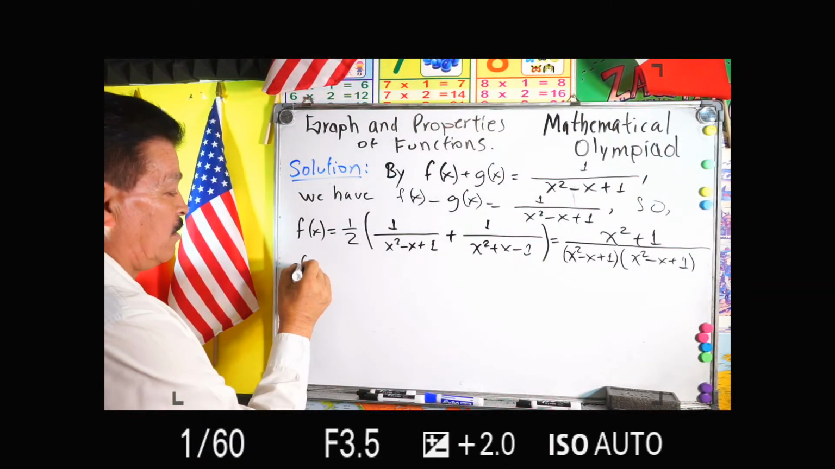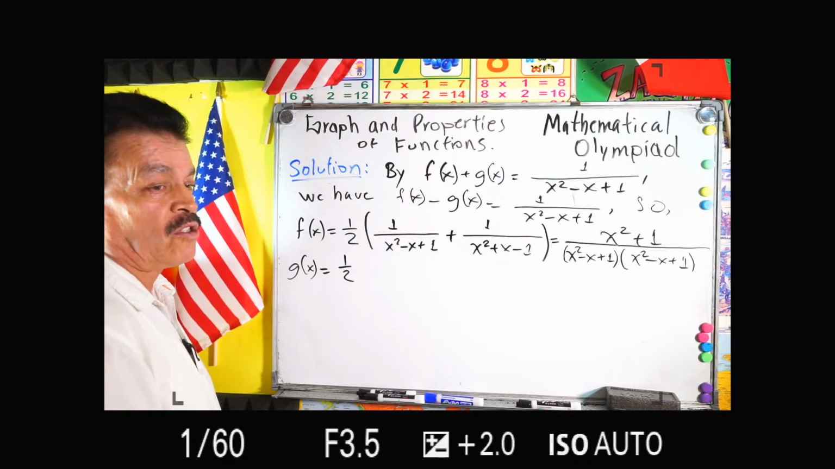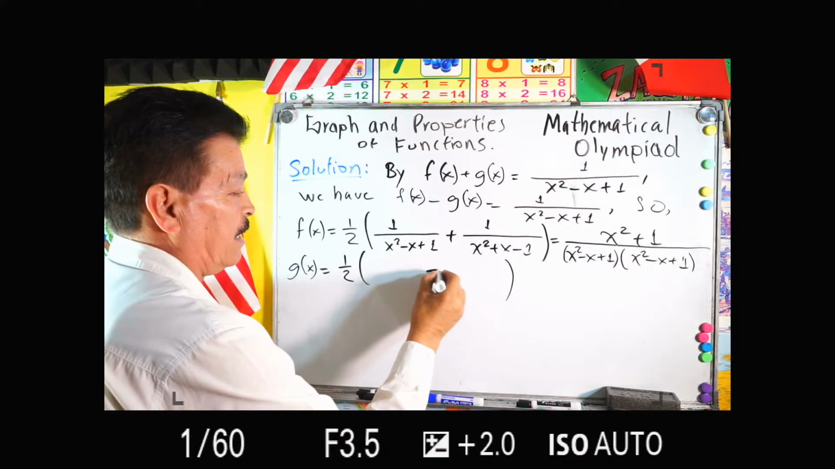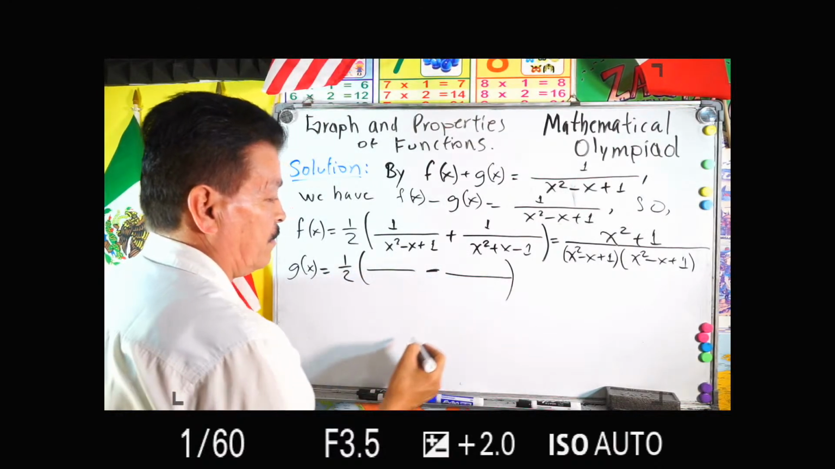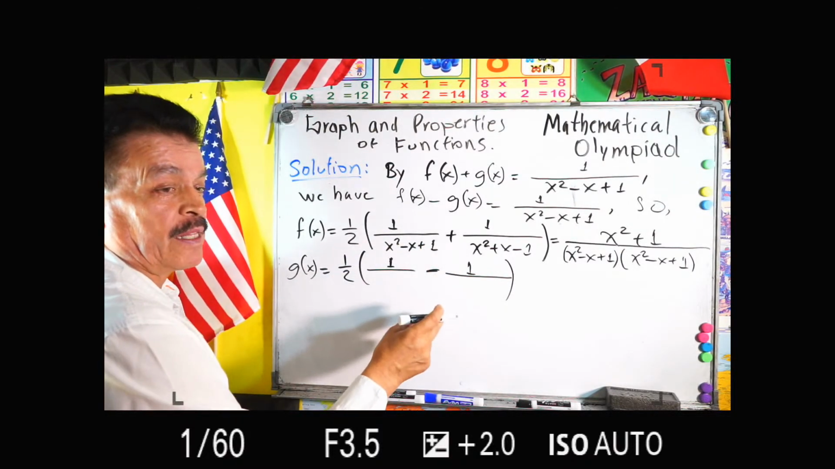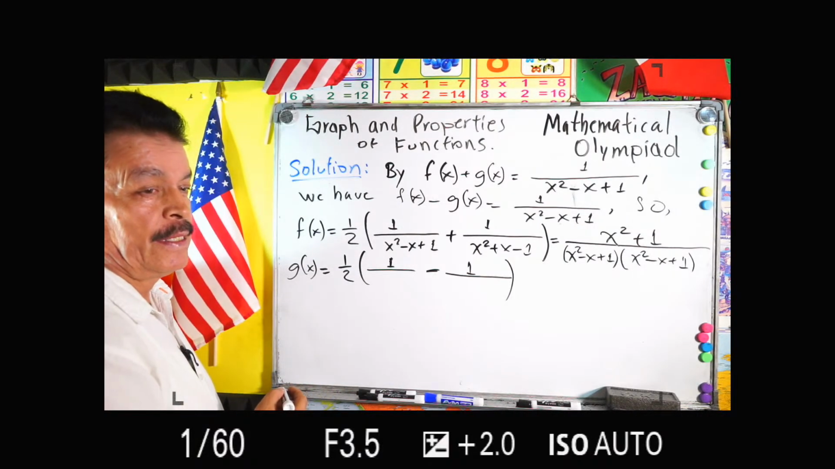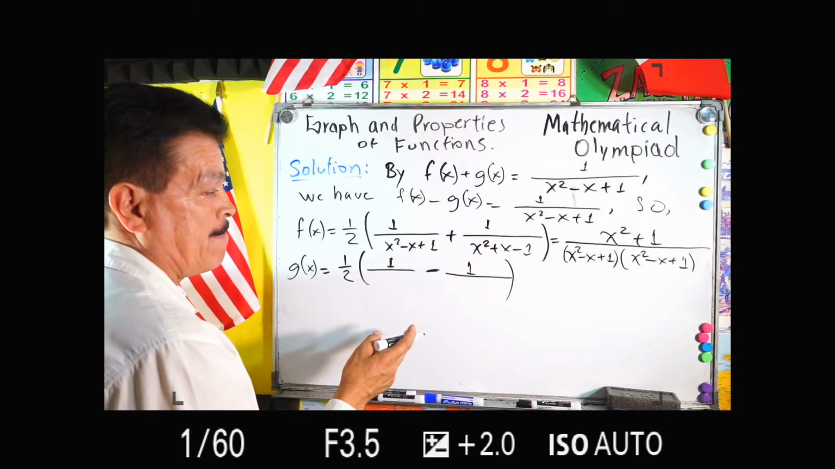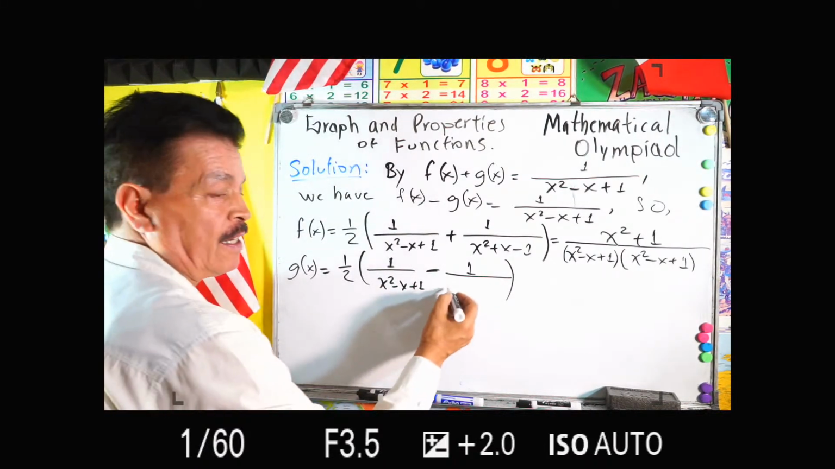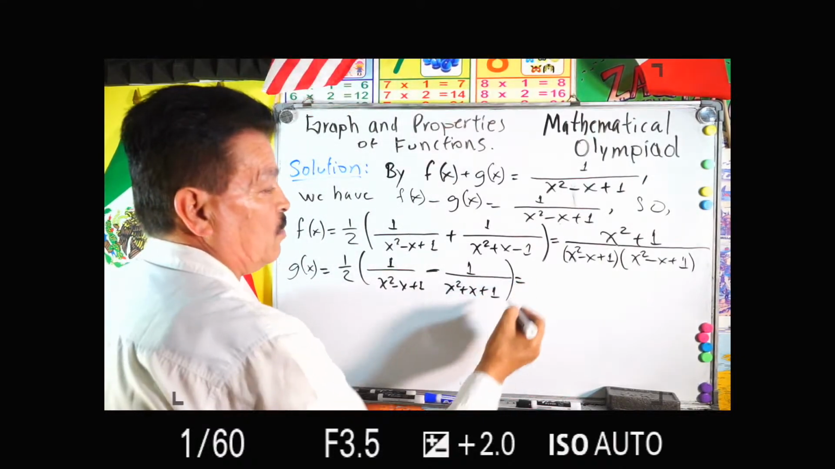So now let's write g of x here, then equals one half again, with parentheses and again another fraction, 1 over x squared minus x plus 1 minus 1 over x squared plus x plus 1. The same process here. Okay, now this is going to be equals